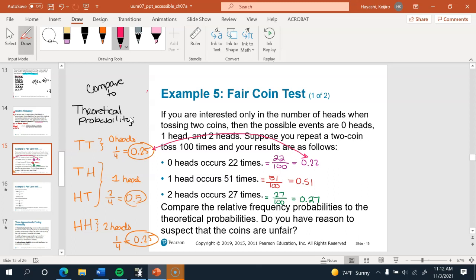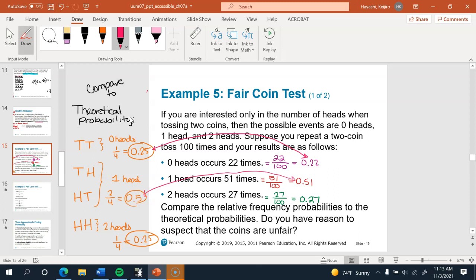So the experimental probabilities are hardly ever going to be exactly the theoretical ones, right? But they'll be close to them. And technically speaking, the more times that you do an experiment, the closer that it's going to get to the theoretical probability. But it will never be exact. I mean, sometimes it might, but there's no rule that says it has to be exact. Anyways, but you want it to be close.